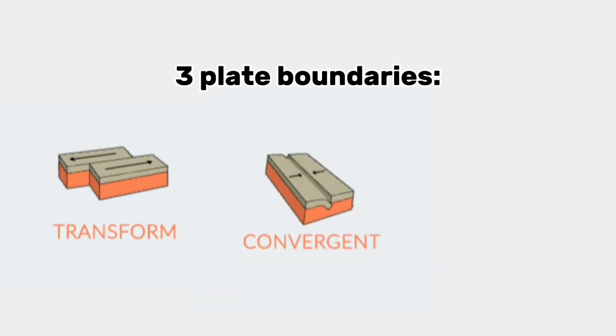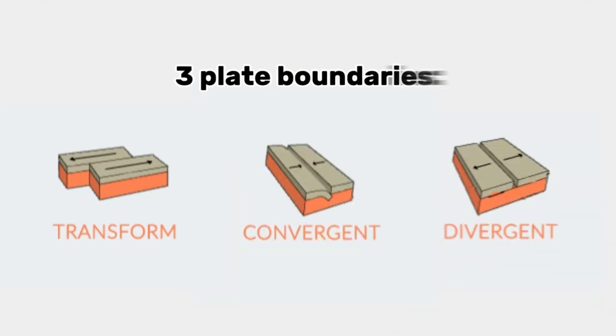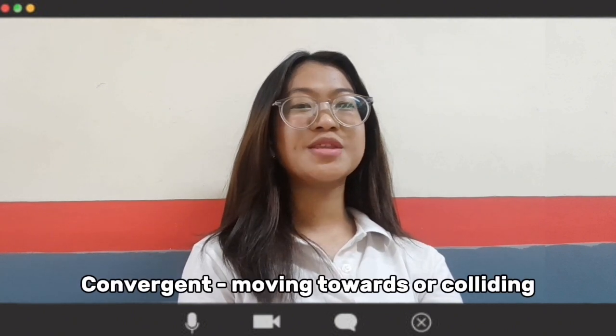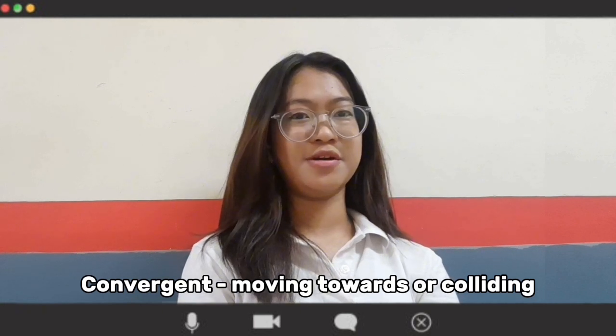We learn more about plate tectonics and how it results in different plate motions by looking more into this rock. Yes, during the course of our research, we discovered that plate boundaries are classified into three main groups. These three are the transform, convergent, and divergent plate boundaries. The first is the convergent plate boundary, a boundary where two tectonic plates are moving toward or colliding with one another.